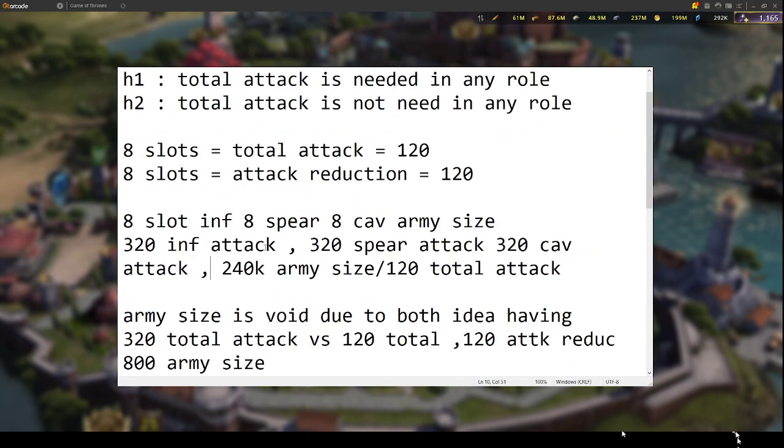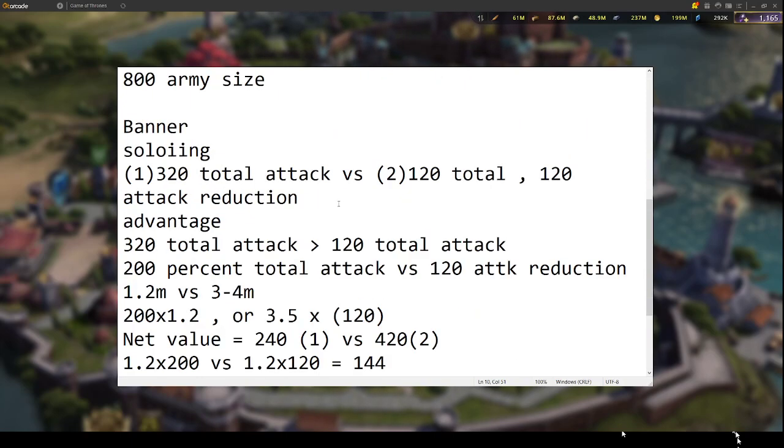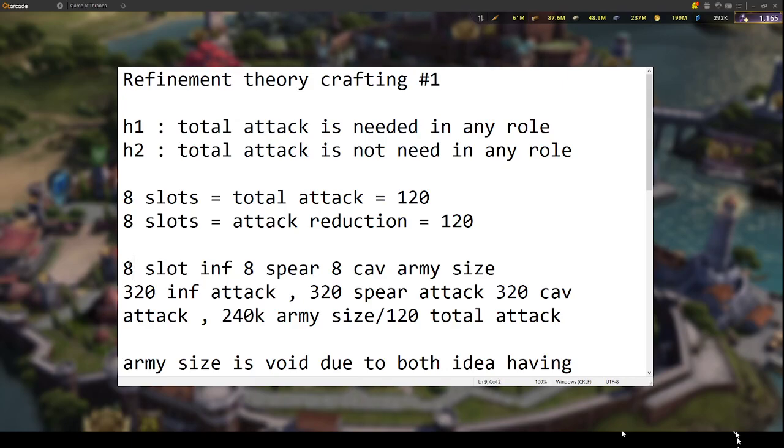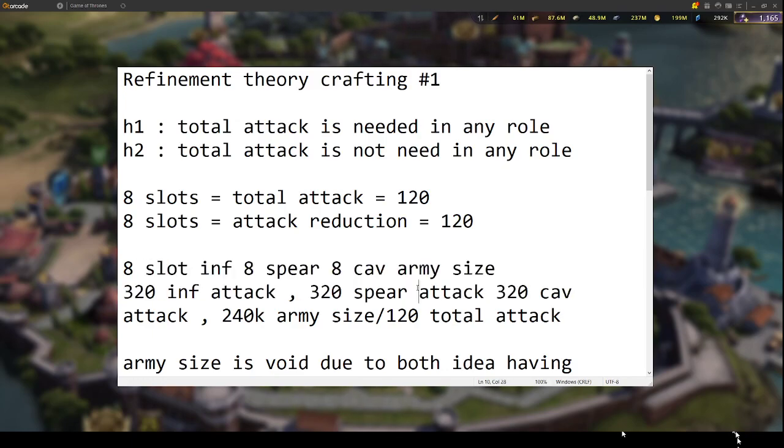Okay, so this is how you theorycraft whether something is actually viable. I'm looking at this, and from what I can tell, just using this setup A, let's go and see. Setup A can actually be better for certain roles though. Certain roles do not need total attack reduction. They can just do this, and if they're rally tanking, you can spec into this and have total attack in place of attack reduction, and essentially you're having 440 total attack